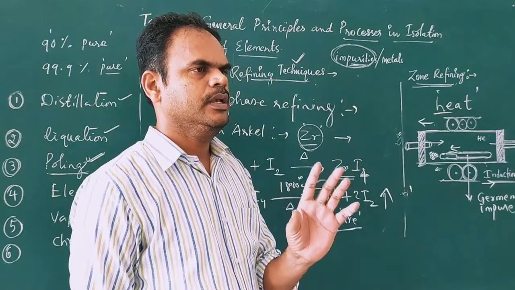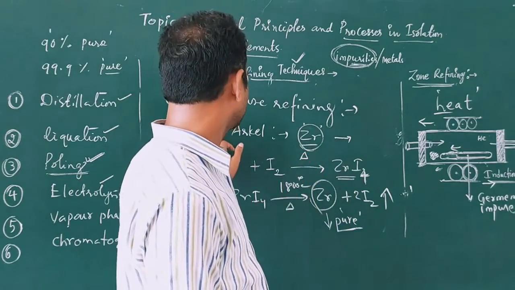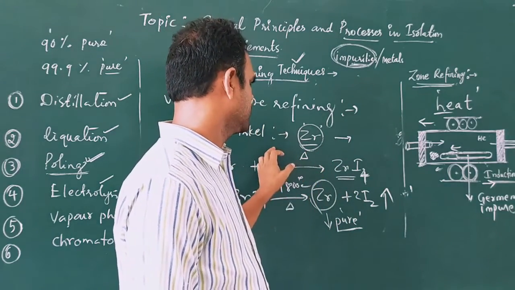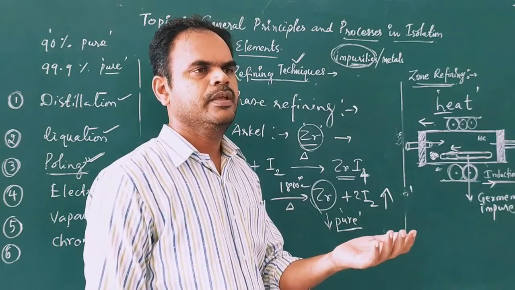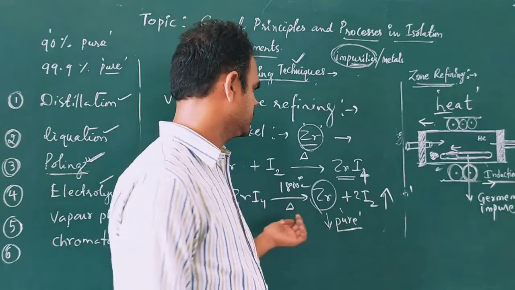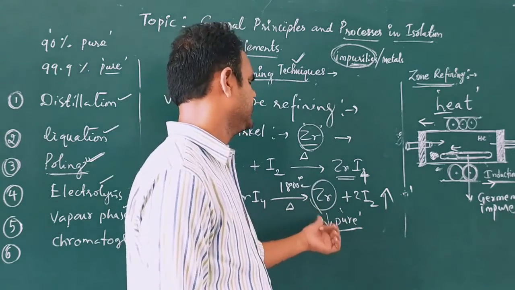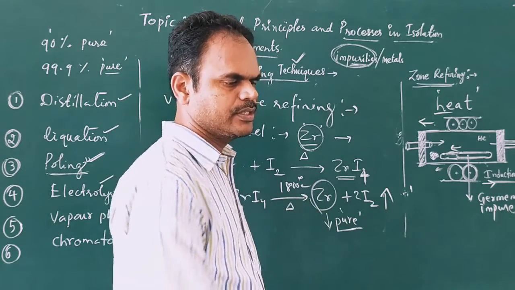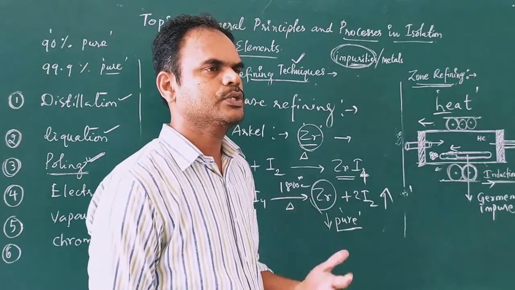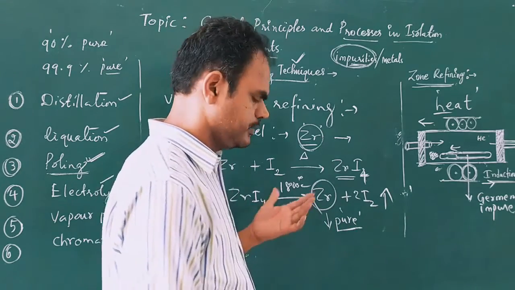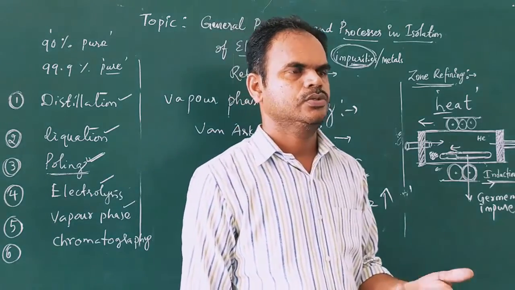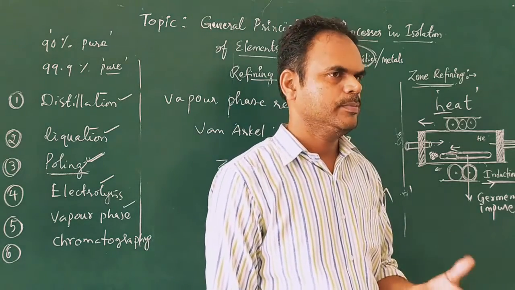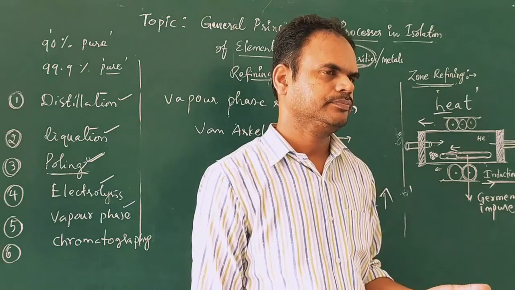Purification of zirconium. You will get one more question: What is the Van Arkel method? What is Mond's process? By using these techniques, what metals will be purified? One is nickel, the other is zirconium. These metals can be purified by using these techniques. These are electro refining techniques, we say. The last technique remaining is chromatography. We'll discuss in the next class what is meant by chromatography.